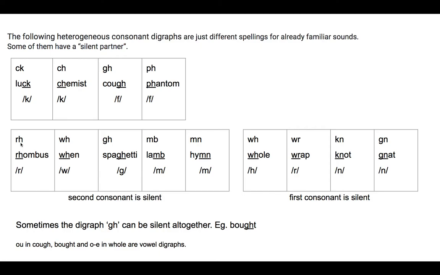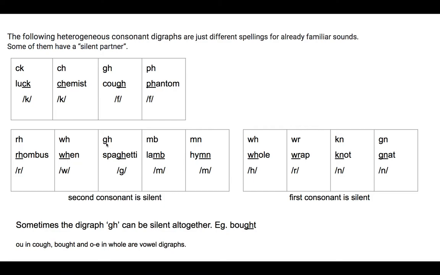R and H produces the sound R. Here H is silent and the consonant R produces its sound R. For example, rhombus. The letters W and H produces the sound W. The second consonant H is silent. The first consonant W produces its sound W. For example,